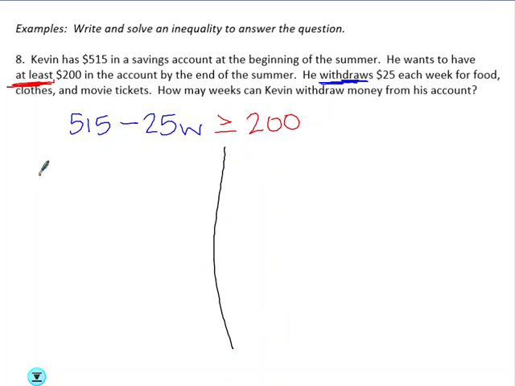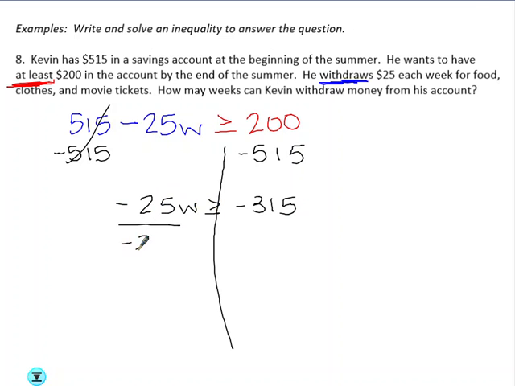So now we just solve like a regular equation. We subtract $515, you get negative 315. Then you divide by negative 25. Since we are dividing by a negative, we need to change the direction of the sign. And if you divide this in your calculator, you are going to get a decimal. You get